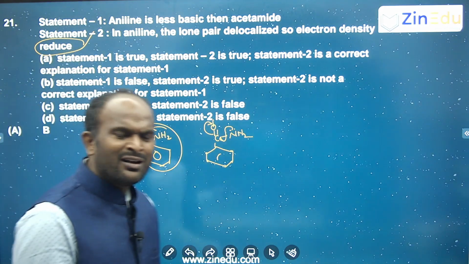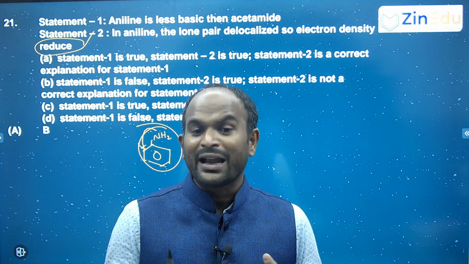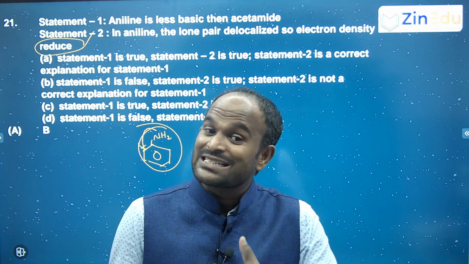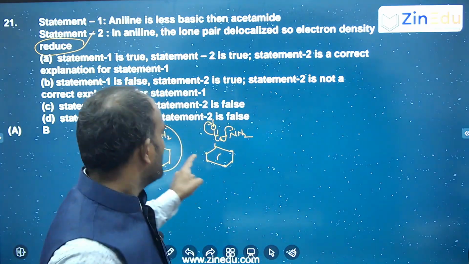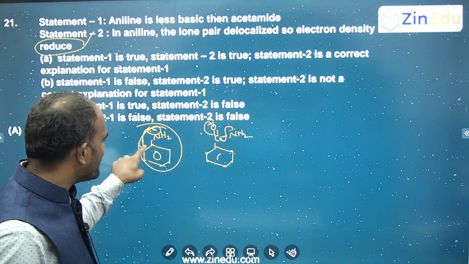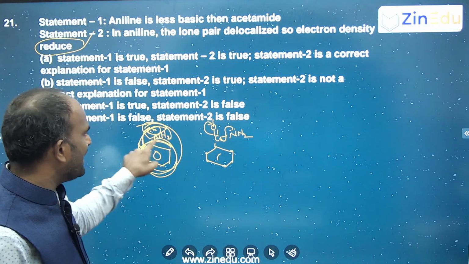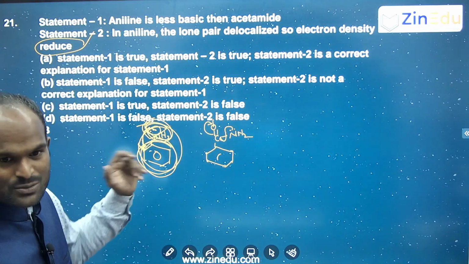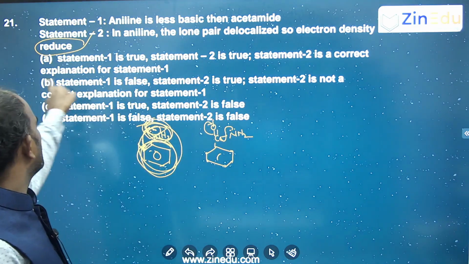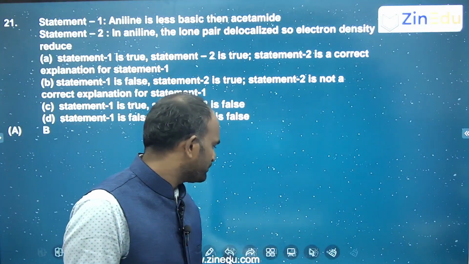Actually, what will happen, unlike the other amines, what they're asking here is the electron density on nitrogen. For example, if I take any aliphatic amine, its electron density is more when compared with this aromatic amine. Here this is aniline, aromatic. Now these lone pair of electrons will be given to this aromatic nucleus. Therefore, the electron density on this nitrogen is going to be decreased or reduced. That is what they are asking. Actually, statement 1 is false. Statement 2 is absolutely correct. So, option B, but B is not a correct explanation of A. That is okay.